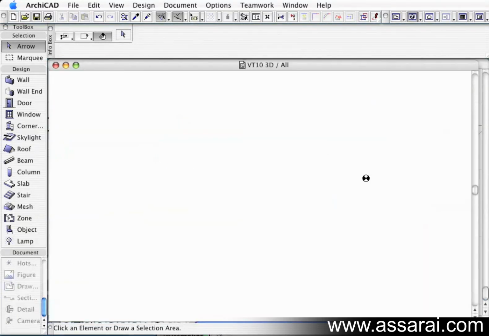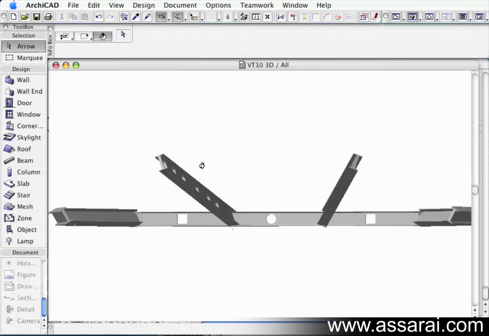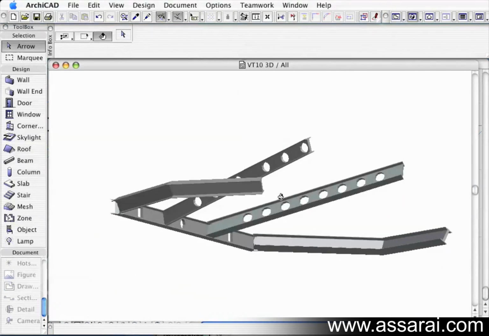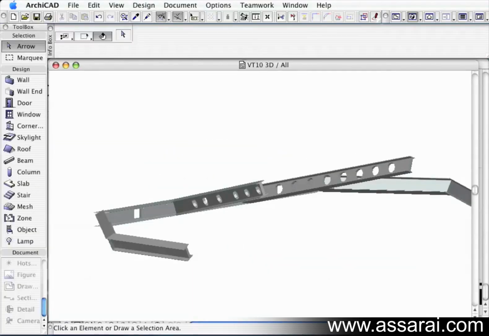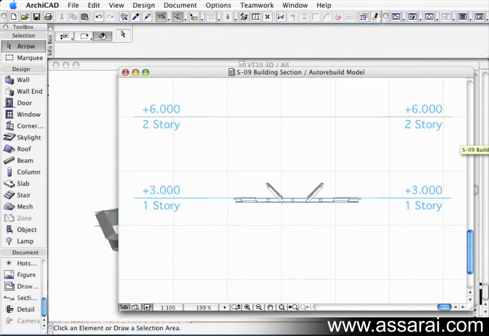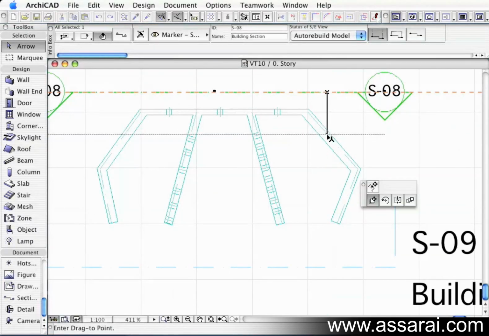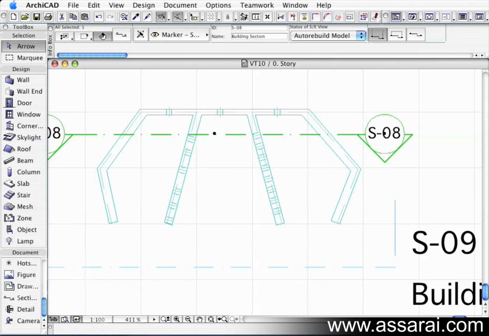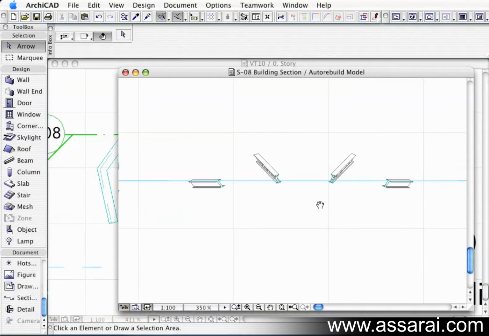So now if I go to 3D, I've got a very strange structure that would have been difficult in previous versions of ArchiCAD. And it also creates some very pleasing elevations as well. And even if I go through and drag the elevation marker through the building so it becomes a cross section, we can get some very nice effects